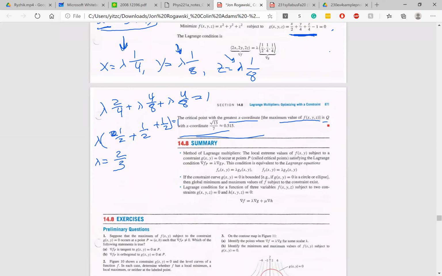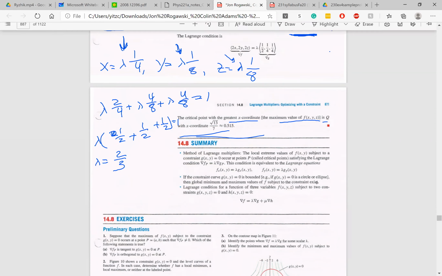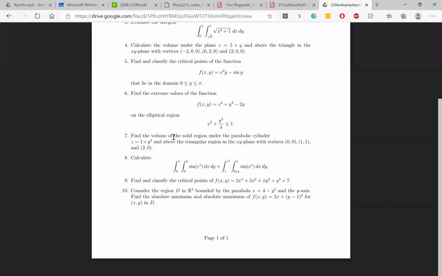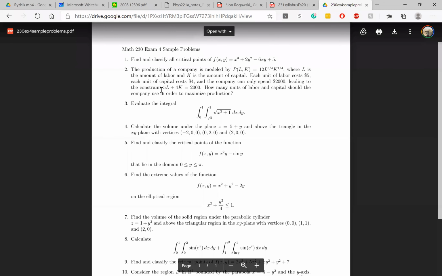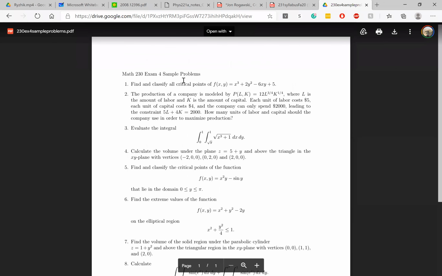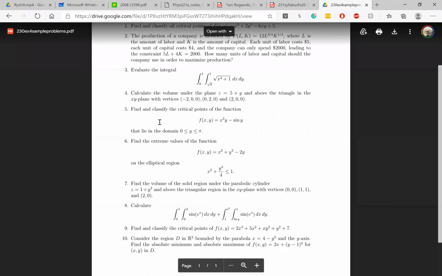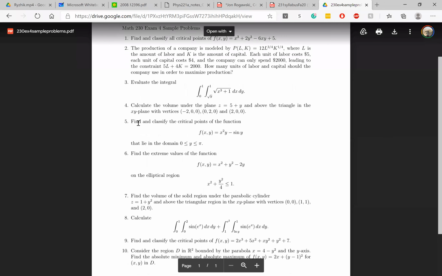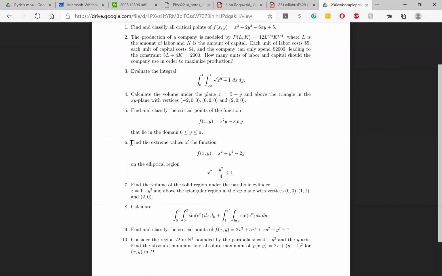Okay, then if there aren't any questions, let me just repeat briefly what I said in the beginning of class. We are going to finish with Lagrange multipliers. So this is the last section we are going to do. If next time a sample exam is posted on 231, we're going to do it. Otherwise, we're going to do this exam, focusing on problems 1, 2, 5, 6,